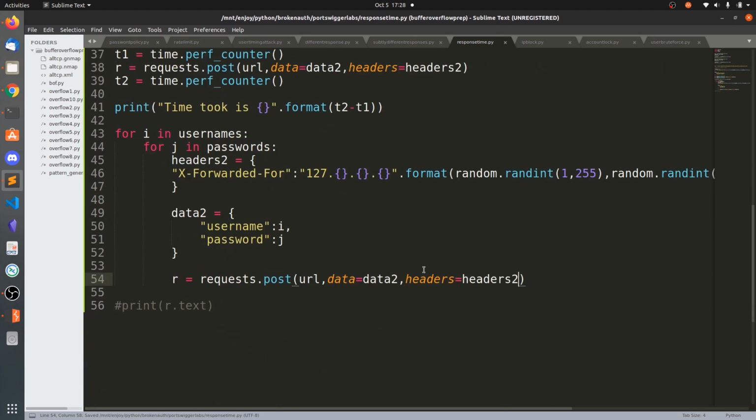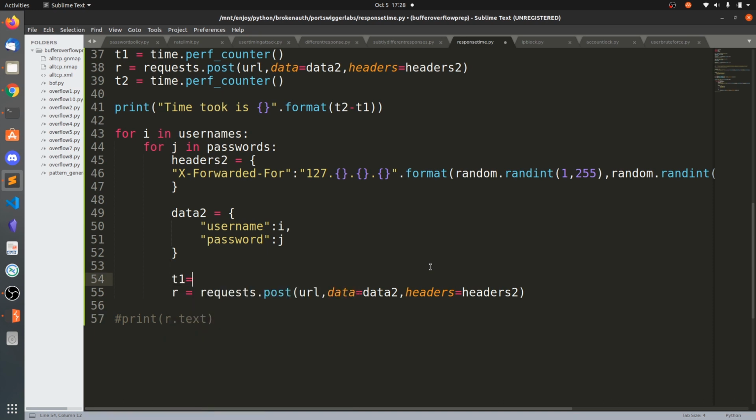We can also say time1 equals time.perf_counter(). Then let's say T2. We know that a valid login took more than 1.5 seconds.